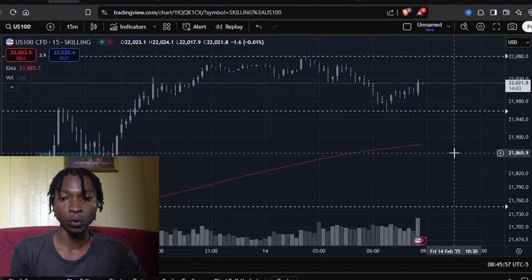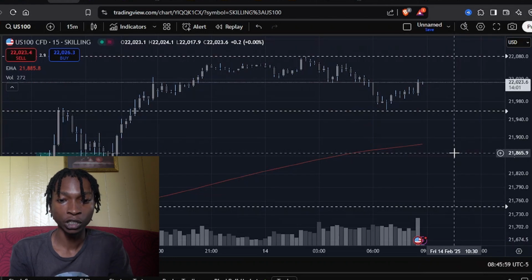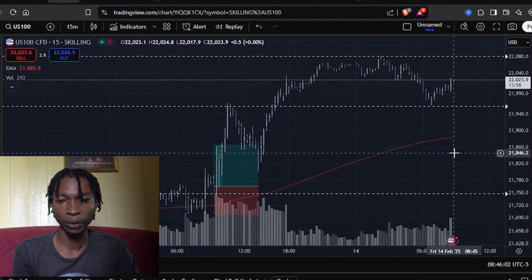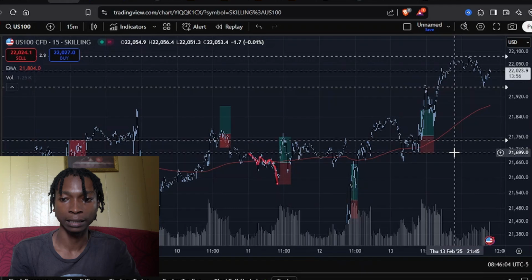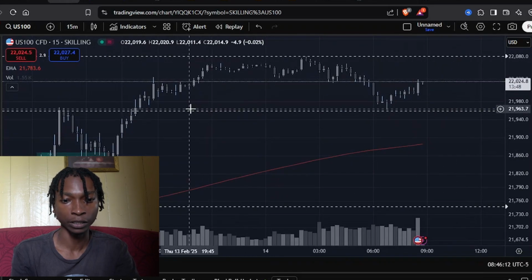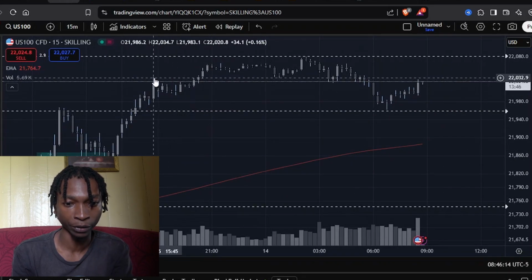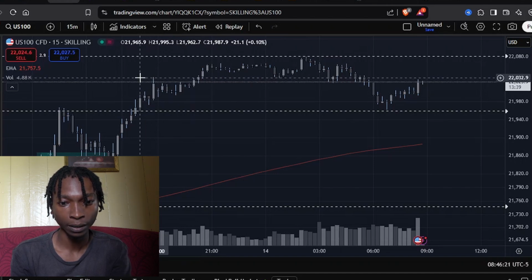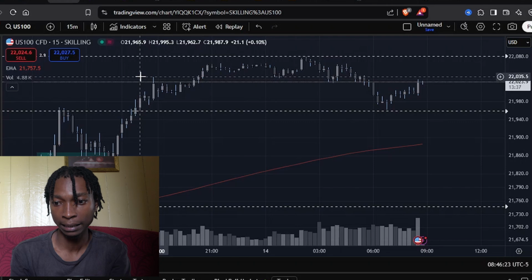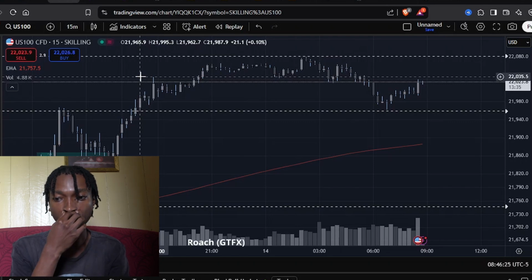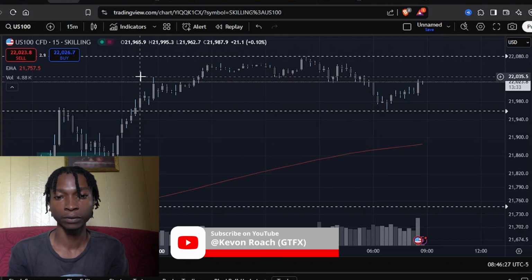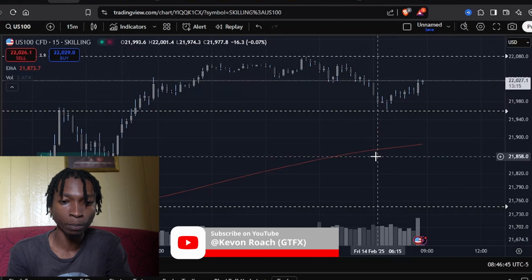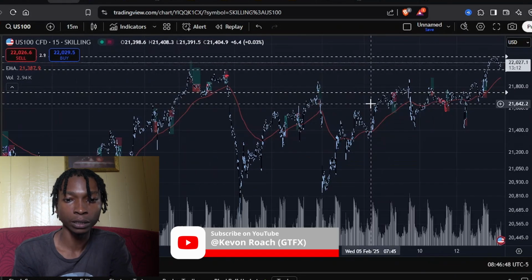But for right now, we're on the 15-minute chart, and I was just doing a quick analysis and I thought I should fill you guys in. Let's just identify these 2 points of interest right here. This high that was created on Thursday at 3:45 yesterday. The highest point of this candle is at 22,035 to the right of the screen, and when we go back in time, we'll notice that